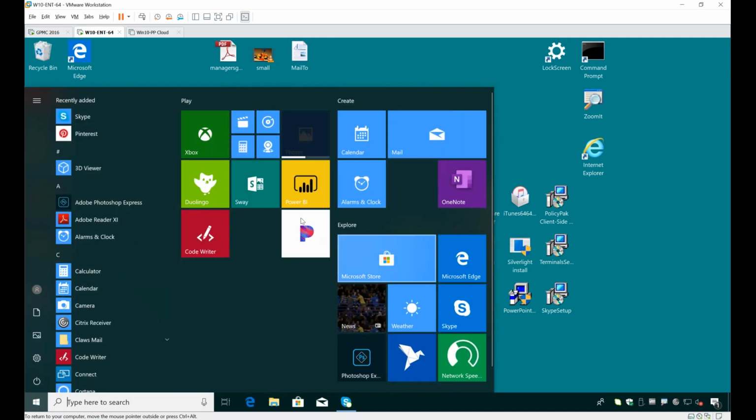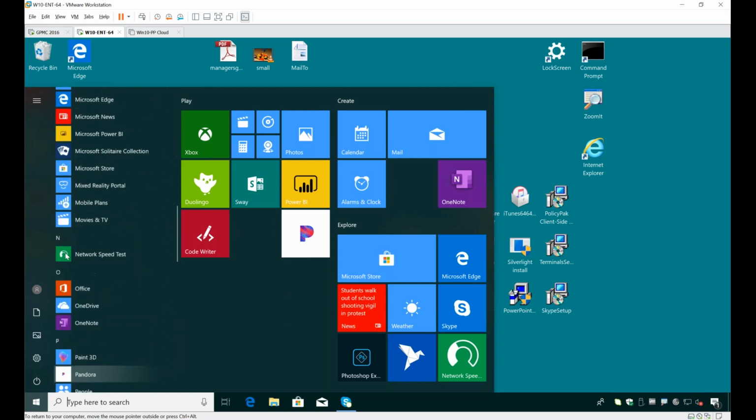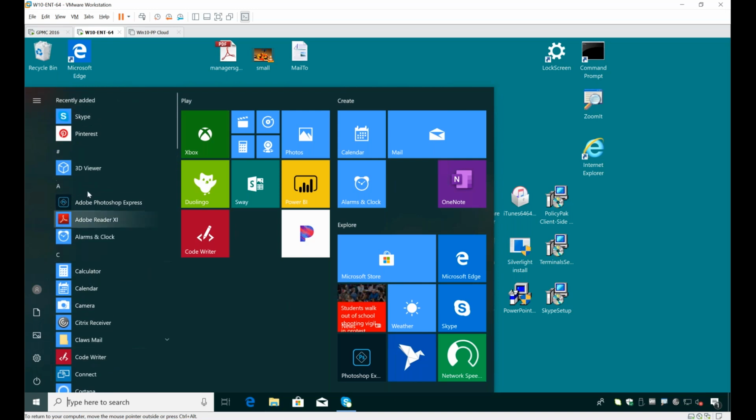So last but not least, I think we should crush the start menu. All the stuff in the start menu is not good for our doctors, not good for our teachers, not good for our students, not good for our nurses. Let's just crush the crap out of the start menu and put on the applications we want them to have. I don't want them to have to paw through this giant list of junk. I don't want it so that whenever I use SCCM or Citrix to advertise an application, it just shows up here on the left. I want to put the right things at the right time on the right side in little groups that make sense for my business, okay?